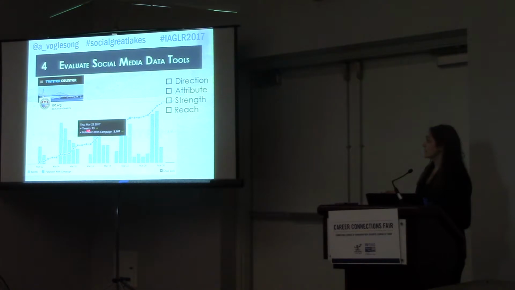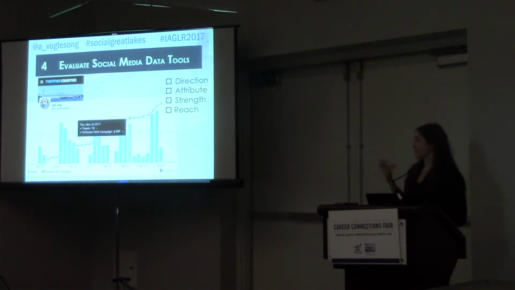And on this particular day, it says we tweeted 13 times, and I'm not doing the tweets, you can't take any credit for that, and that we gained 6 followers. So it seems like a nice graph, but it doesn't give us directionality, strength, reach, attributes, and it abstracts the